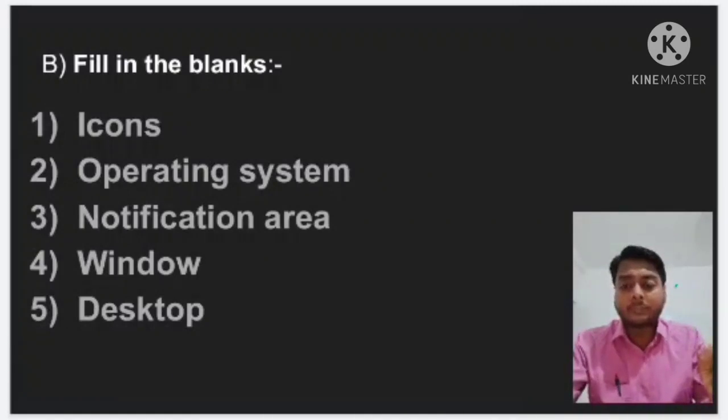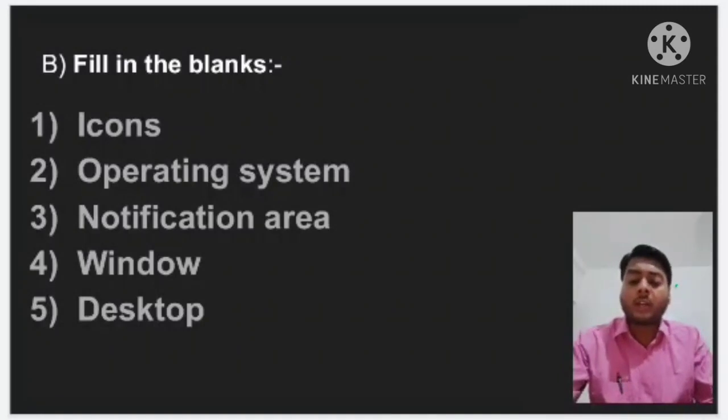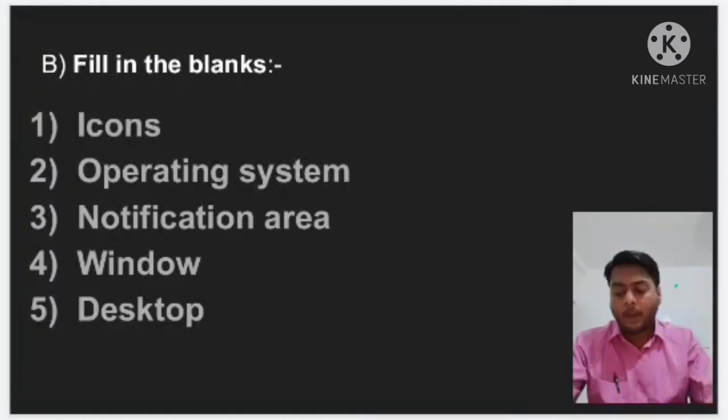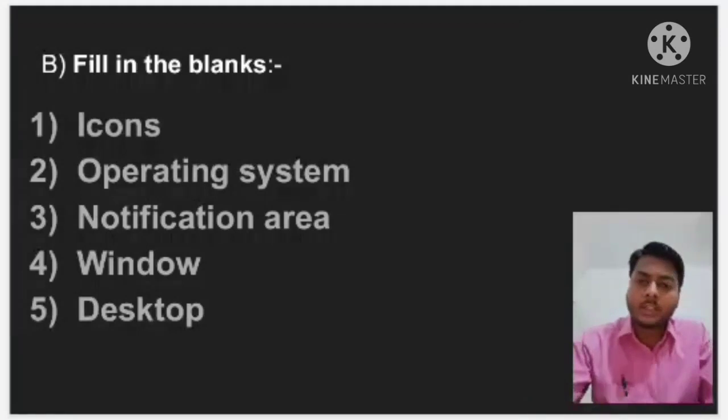Meaning is clear. Second, what are the characteristics of GUI based operating system? I told you hundreds of times, these are the characteristics of a graphical user interface operating system. It is given on page number 16. What is the use of the notification area on the taskbar? Already discussed in the fill in the blanks question. It is given just above on that page 26, where this question appears in the fill in the blanks. Here the use of the notification area is already given.